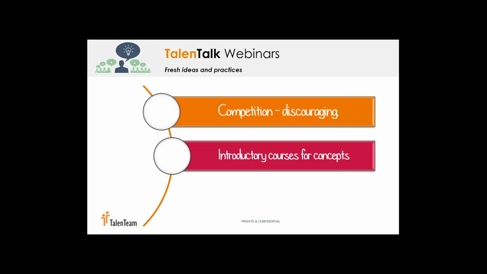So introductory courses for the concepts of gamification. Because gamification is perhaps somewhat a new sort of deployment strategy for your organization, there may be a resistance to getting involved in gamification. So some users may find it threatening, they don't really want to engage with it. So how are you going to ease them in? This can be done with introductory courses, just giving them a snapshot of what gamification essentially is. So it can be something like my webinar, for example, just giving you a very high-level overview of what you're trying to achieve and what we're trying to make better for your actual employees.